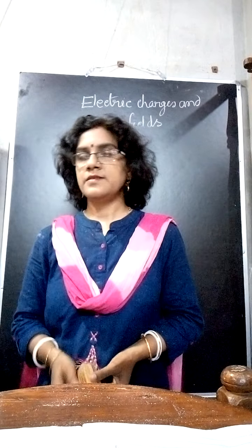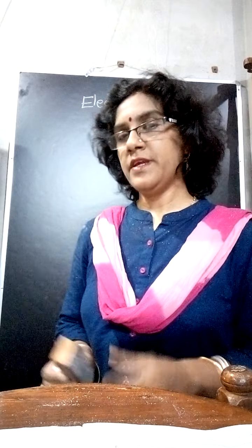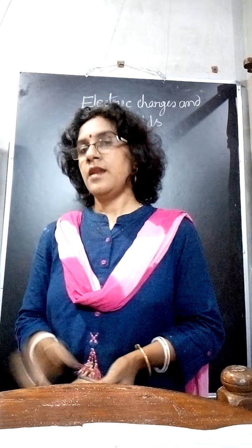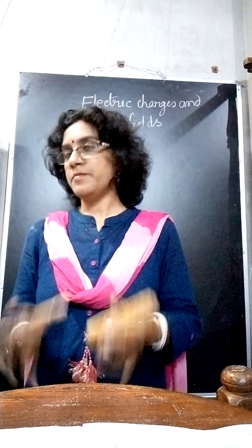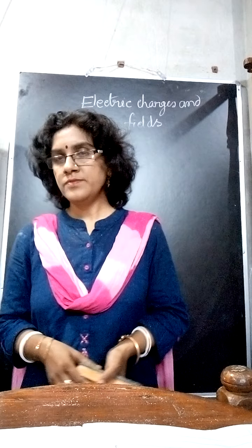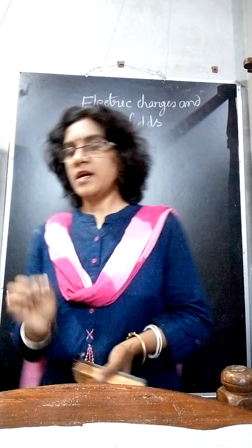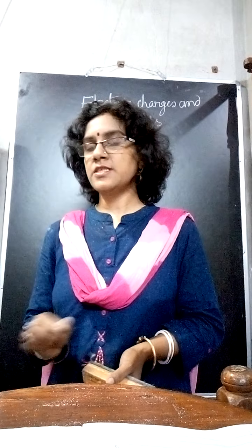Hello student, it is the second day discussion for the chapter Electrical Charge and Field from the first unit Electrostatics. In the first day discussion you have learned that like charges repel each other and unlike charges attract each other. Now the question is, with how much force the charged bodies are attracting and repelling. Regarding that, French scientist Charles Coulomb has given one law that is known as Coulomb's law. So today our first topic is about Coulomb's law.